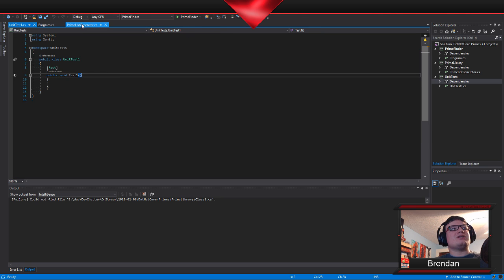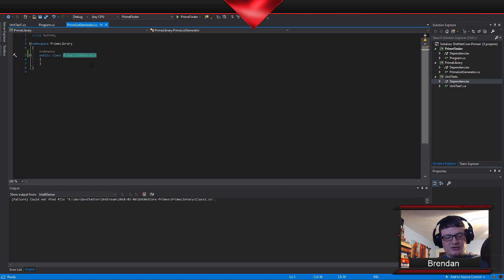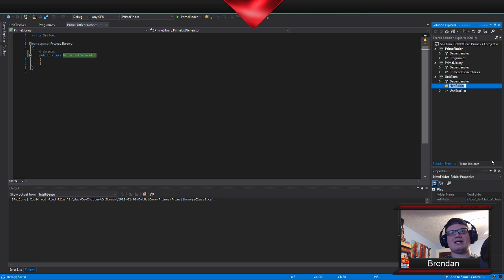So the next thing I want to do, so I created this prime list generator. So I want to go ahead and start structuring my tests in some way. So obviously I made a folder of just unit. I made a project of just unit tests, and inside of that project I want to create a folder.